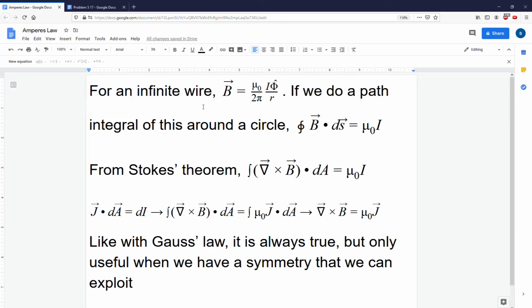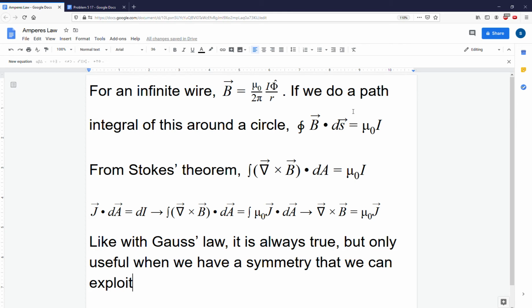From the Biot-Savart law, we can calculate that the magnetic field around an infinite wire is given by the formula B equals mu sub naught I over 2 pi r. The direction of this magnetic field is given by the right-hand rule, where your thumb represents the direction that current is traveling, and your fingers curl in the direction of the magnetic field. So the result of this infinite wire with current flowing through it is a magnetic field that wraps around it,